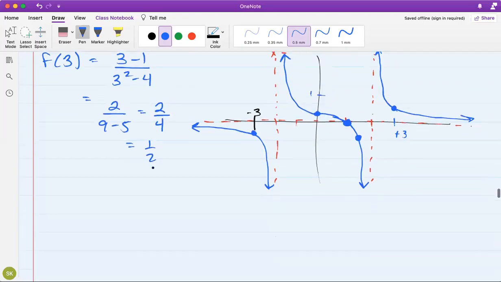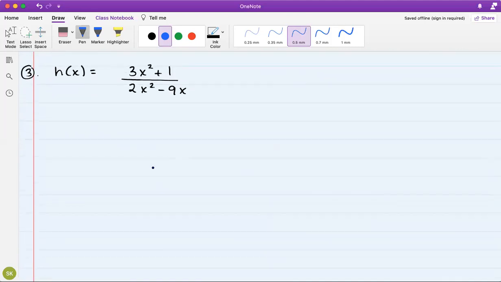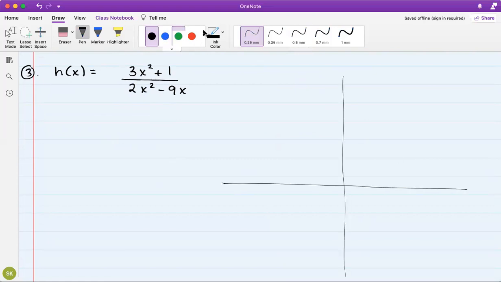Here we are. Let's do another problem. Here I want to graph h of x is equal to 3x squared plus 1 over 2x squared minus 9x. I'm going to make a plane. Okay, let's factor the numerator and the denominator here. So this is equal to,